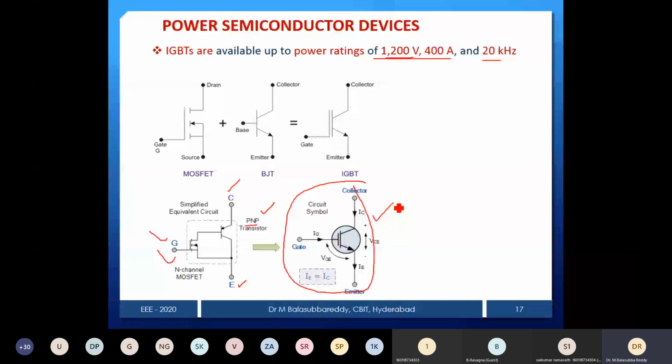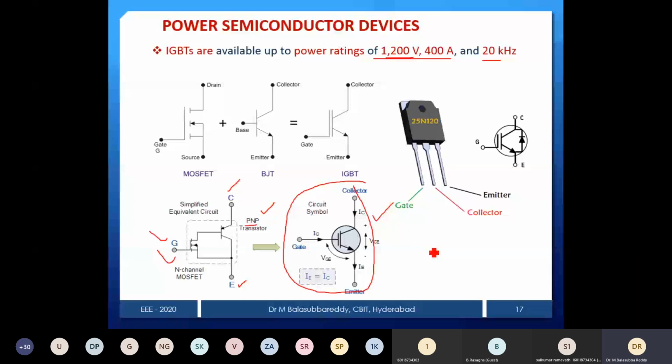And this is a 25N120. This is one model of IGBT. It costs 400 to 500, and you can use 6 IGBTs or 4 IGBTs to form a single phase inverter. You can try to develop your own single phase inverter by connecting a DC voltage or maybe a solar panel. You can use a small rating solar panel and connect it to the inverter, and connect one application such as a fan, light or some small application. You can design your own inverter also.